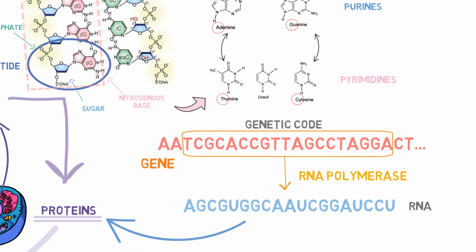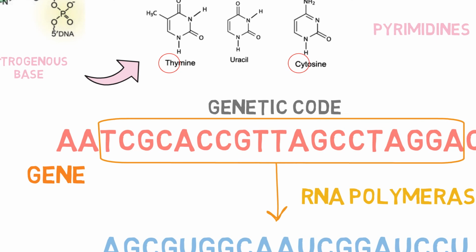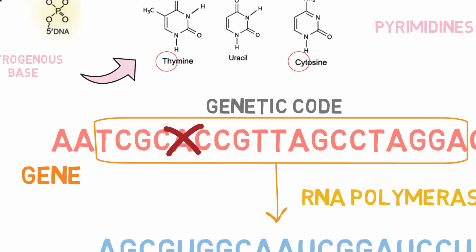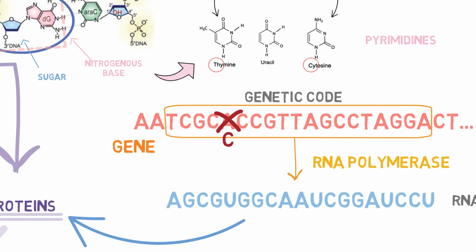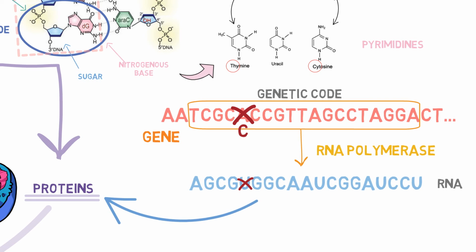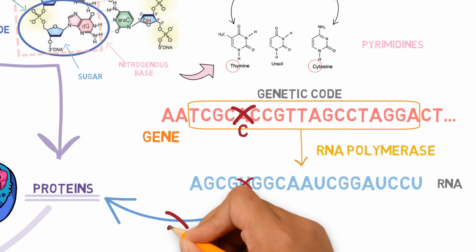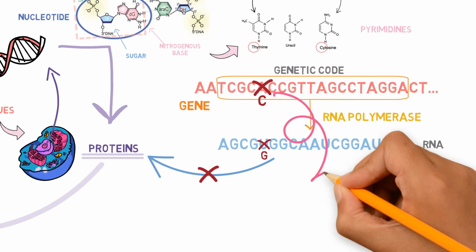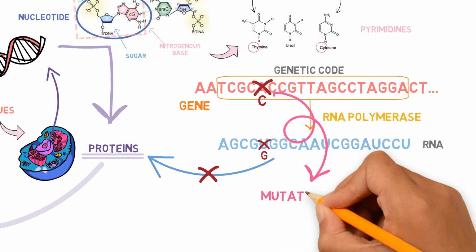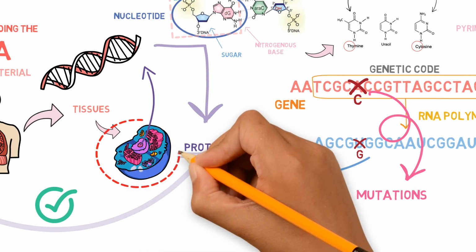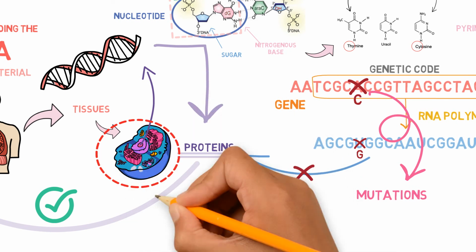But what happens if the code is wrong? If instead of an A, there is a C in a certain position, the code will not be the same anymore, so that the protein will probably not be synthesized, or it may be synthesized with some defect. This is not the correct code for this protein anymore. Hence, changes in our genetic code, which we call mutations, can change the proteins that will be synthesized. This can change the way our cells work and potentially lead to the development of cancer.